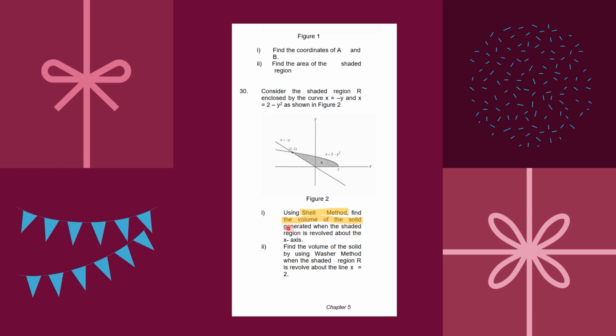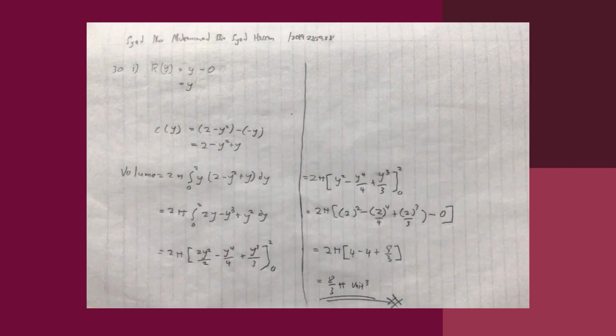Find the volume of the solid generated when the shaded region is revolved about the x-axis. Okay, the working process will start with y minus 0 equal to y. Top is y, bottom is 0, and then y in the bracket of y equal to 2 minus y square negative y. Y is the right, left,